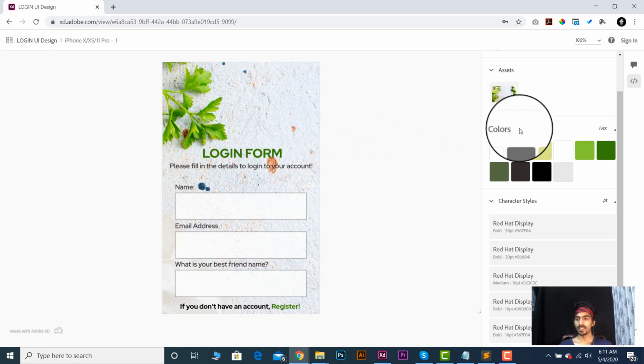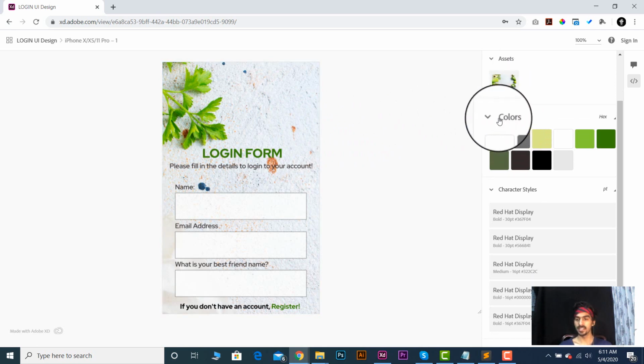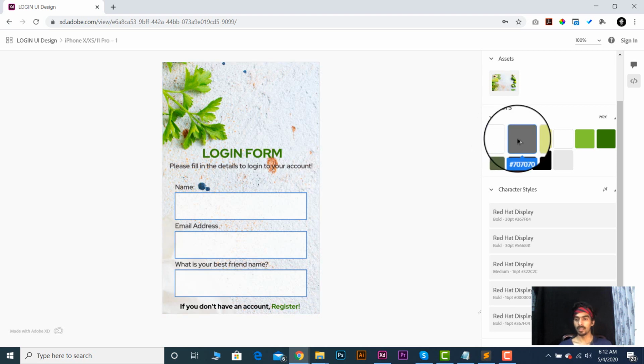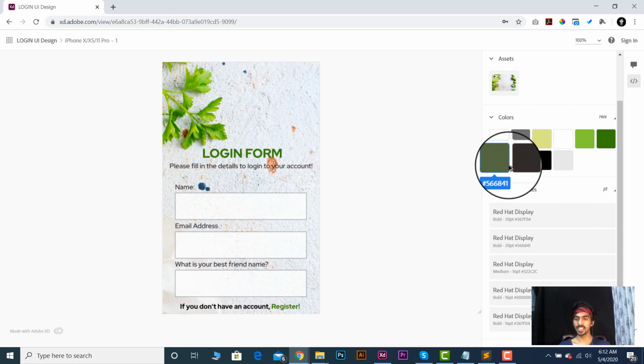And in the third section, there are colors. By hovering on colors, as you can see, I hovered on the white color and it showed the hex code. So gray, light green, etc. In this section, all the colors I have used in my artboard, in my design, will be shown here.